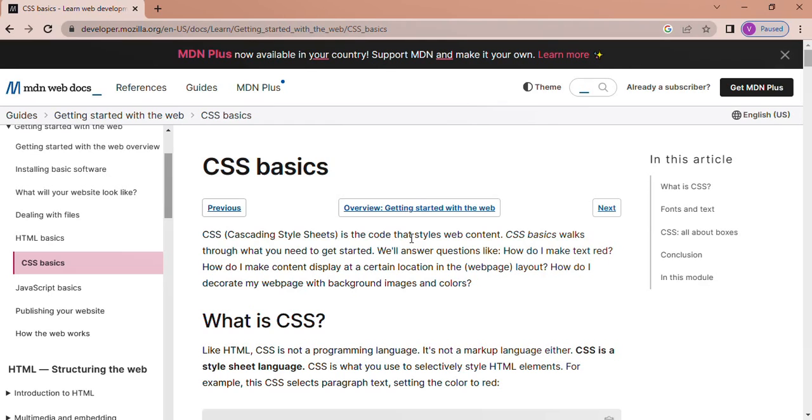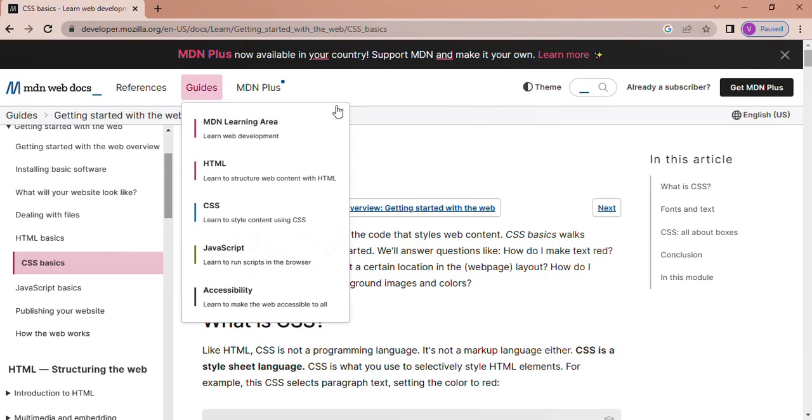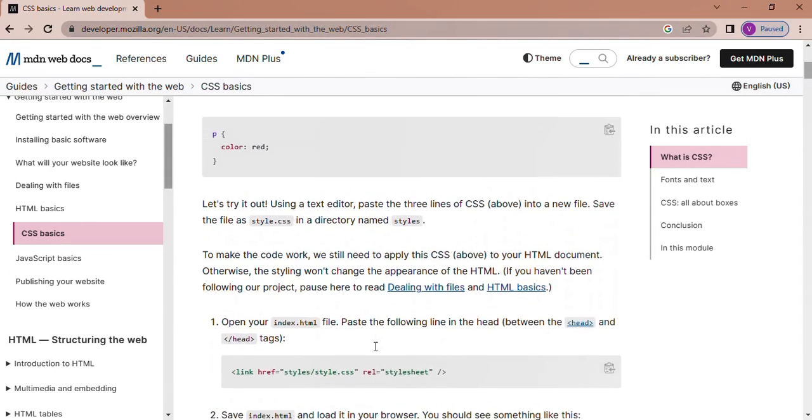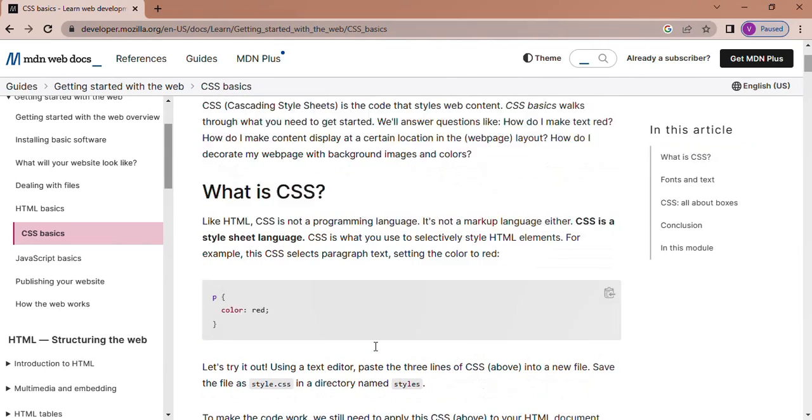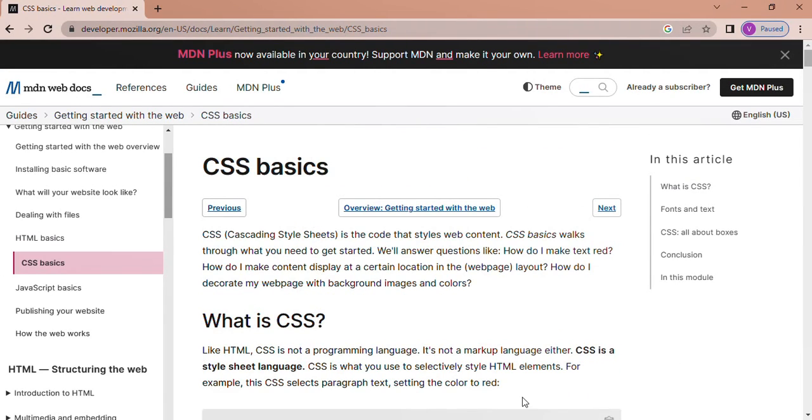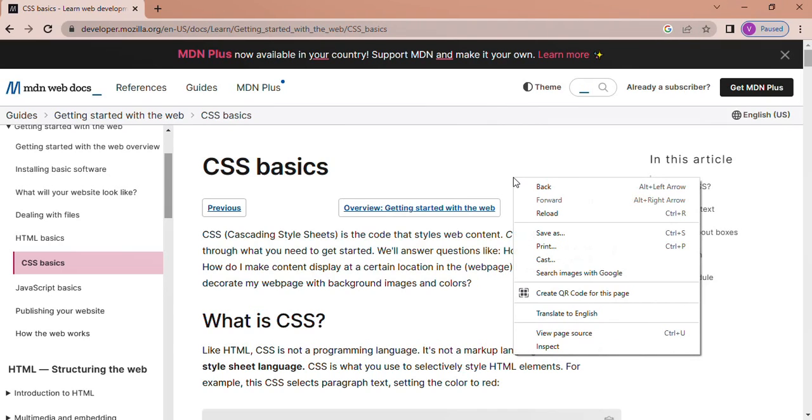For example, if you need to inspect this entire website and check the developer tools and other things used to create this web page, we have a way to do that. We can check those tools by right-clicking at any space of this web page and going to the Inspect option, which is at the end of this menu. I am clicking this Inspect option,